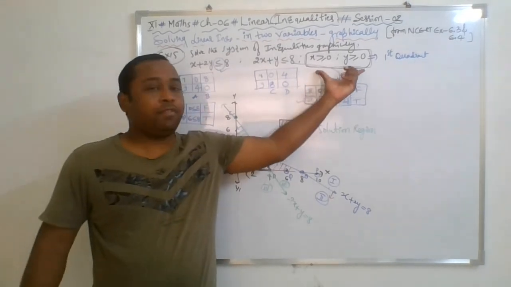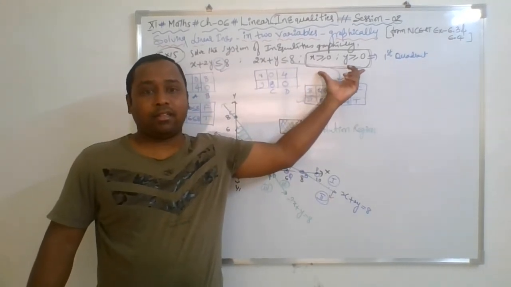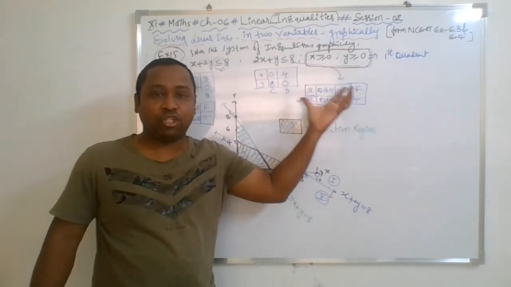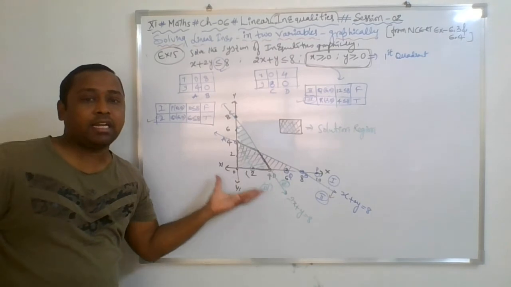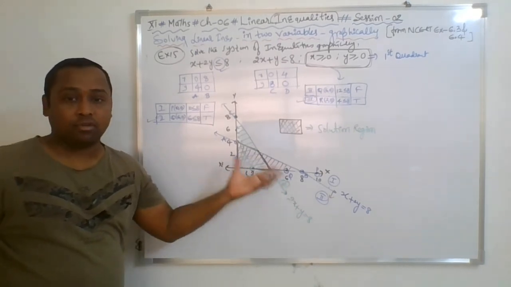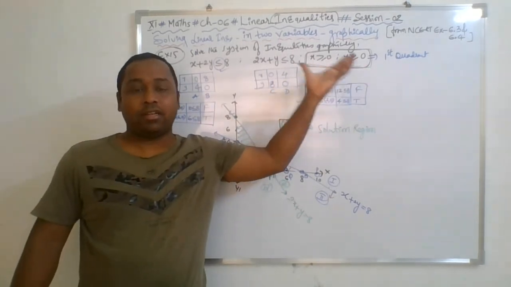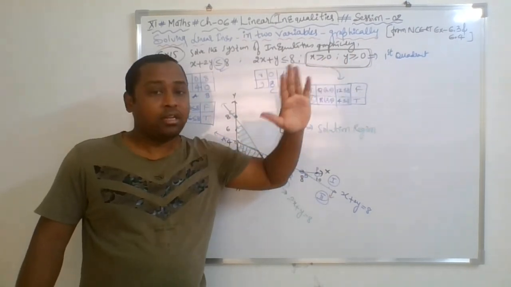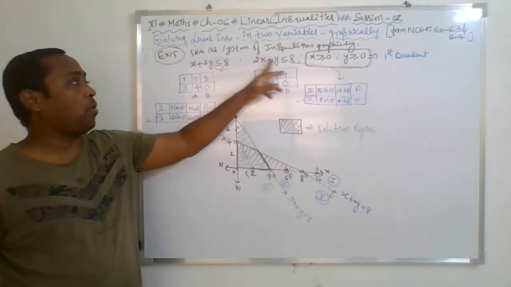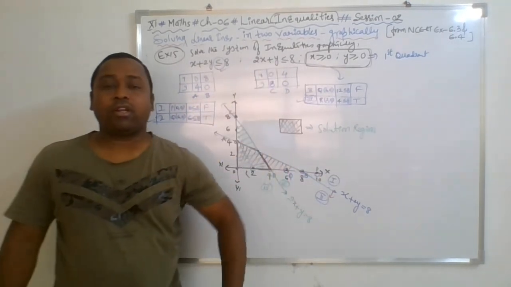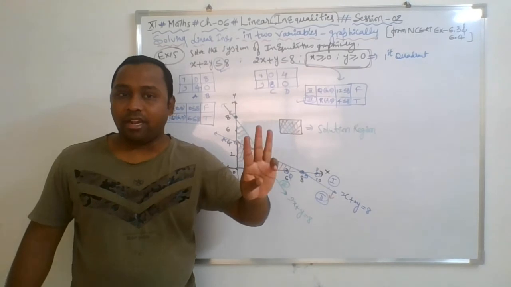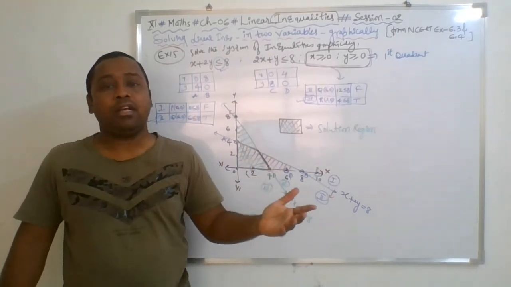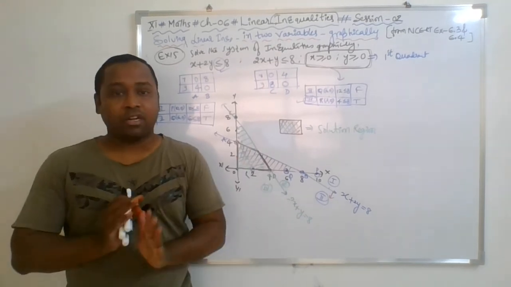So whenever these things are there, x is greater than 0, y is greater than 0, it decides the quadrant in which you are going to get the final common region. You cannot cross that quadrant then. Within the quadrant only you need to work. It shows the quadrant, nothing to plot. Only you need to plot two inequalities. Okay, sometimes you may deal with three inequalities. It doesn't make any difference, only it increases the work, that is repeated work, nothing else.